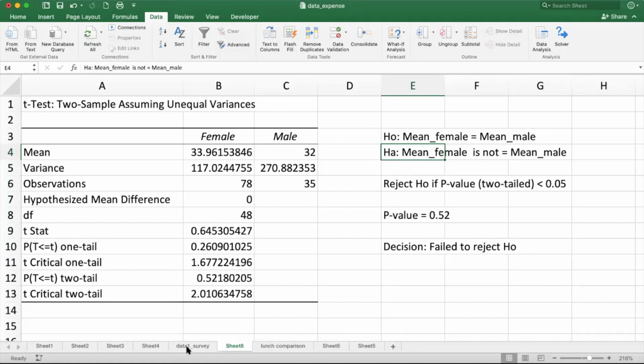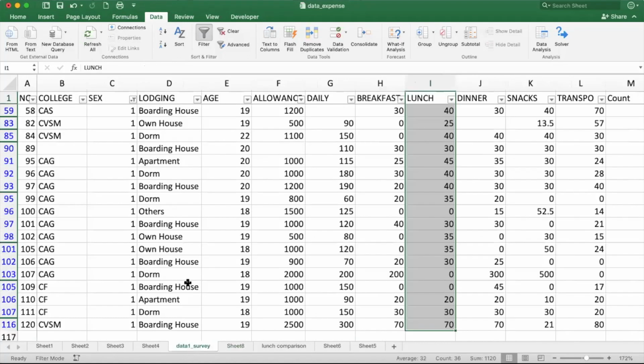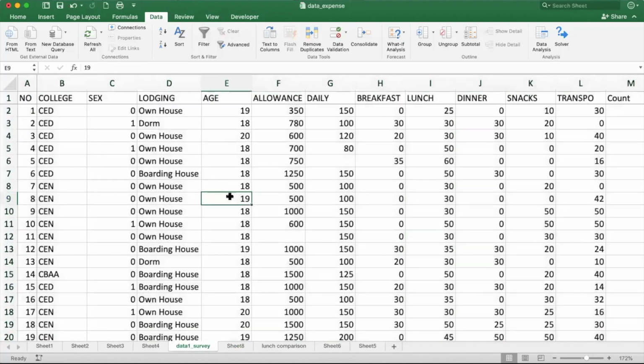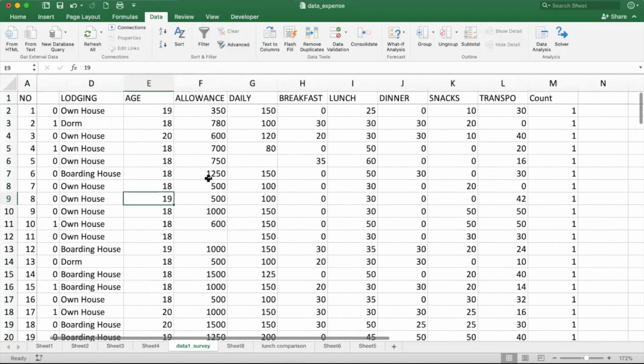Go back to your data. Since naka-filter pa yan, i-clear lang natin. Click nyo yung X para ma-clear yung filter. Ayun. Sorry, filter pala dito. So, wala na yung filter. So, ang gagawin naman natin,